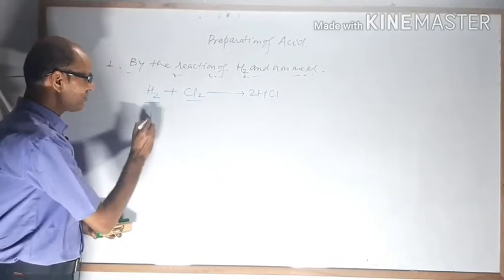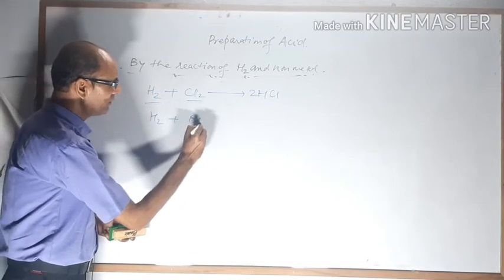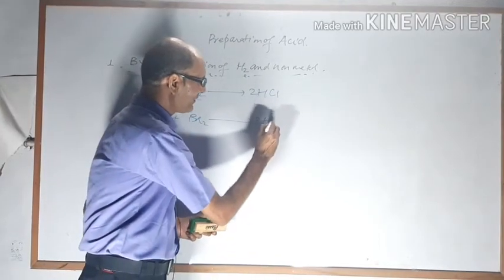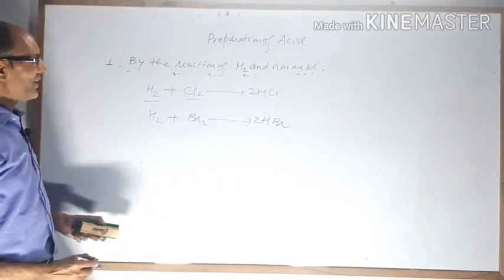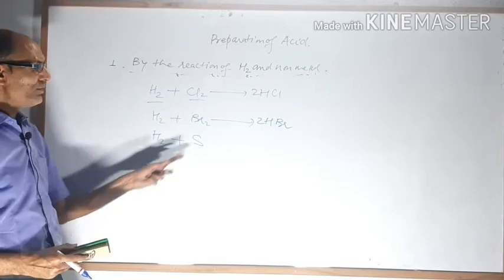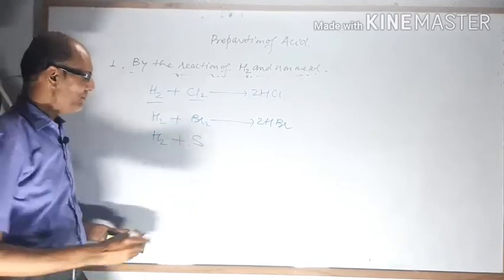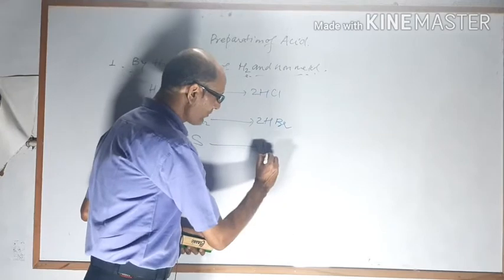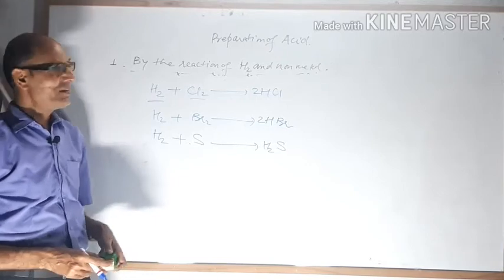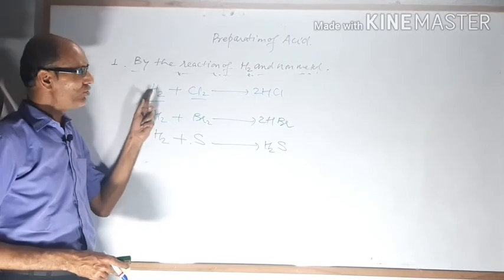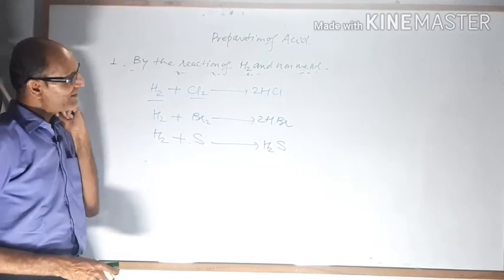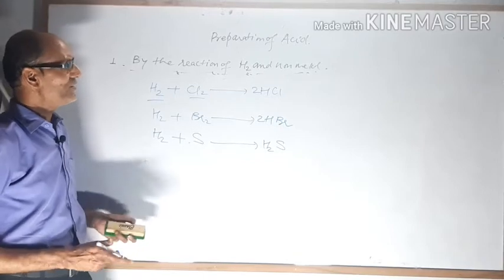Or you can say H2 plus Br2 forms 2HBr. Or H2 plus S, this is the non-metal sulfur, forms H2S. So this is the first method for the preparation of acid, by the reaction of hydrogen and non-metals like chlorine, bromine and sulfur. The second method of preparation of acid,